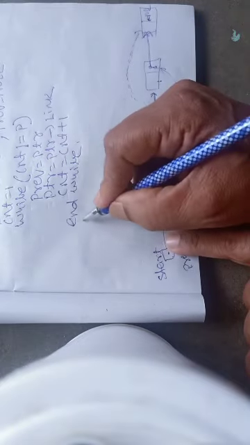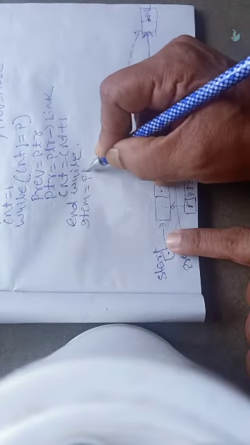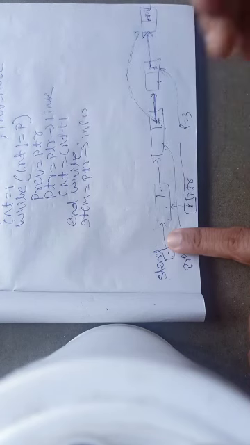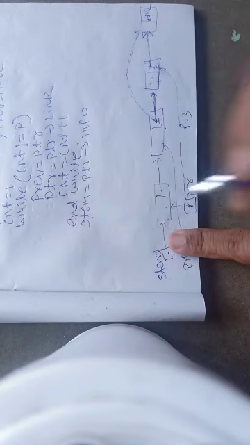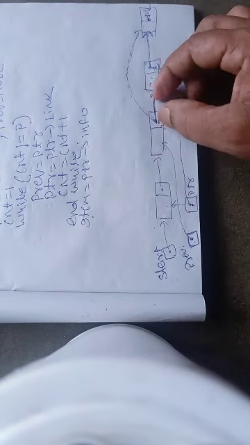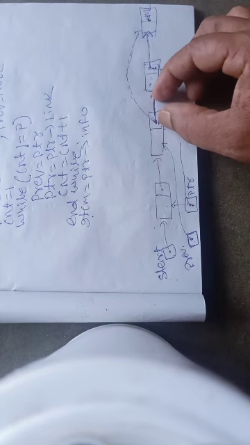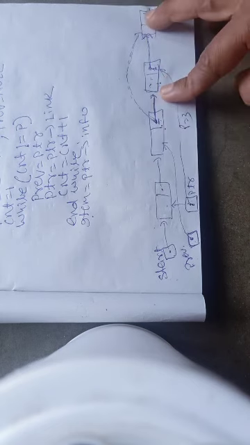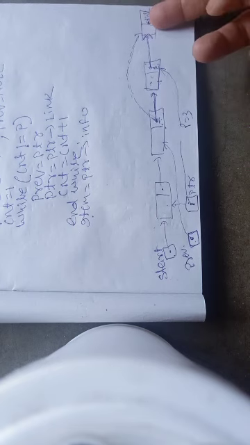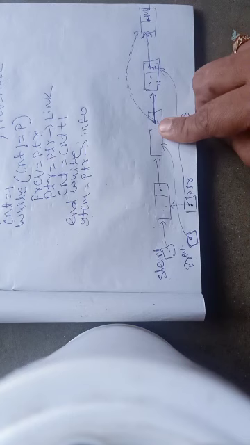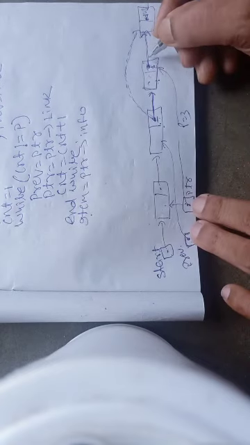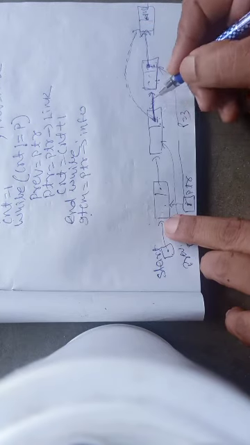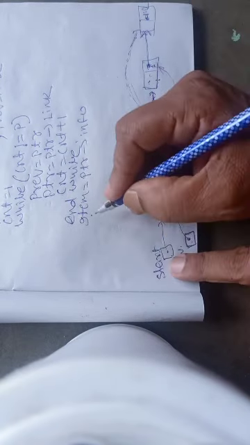So after that I need item equals to PTR of info. So a temporary variable is set, and its info part is stored in item. Now I need to break this link. That means the address of the fourth node should be stored in the link part of the second node. That means the link part of previous must be updated with the link part of PTR. So the value stored here should be copied here, so that this link will be broken and it will point to this node. So how can we achieve this?